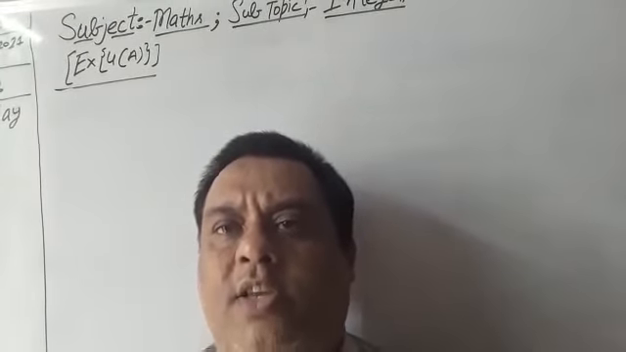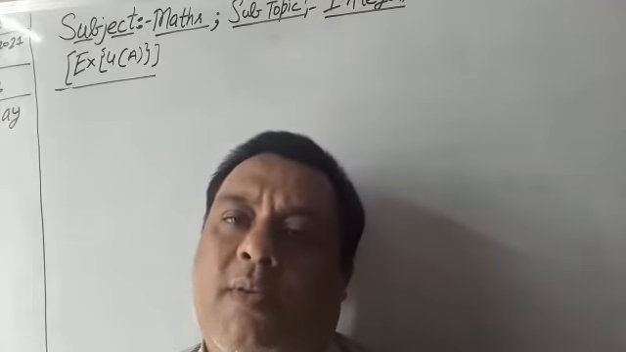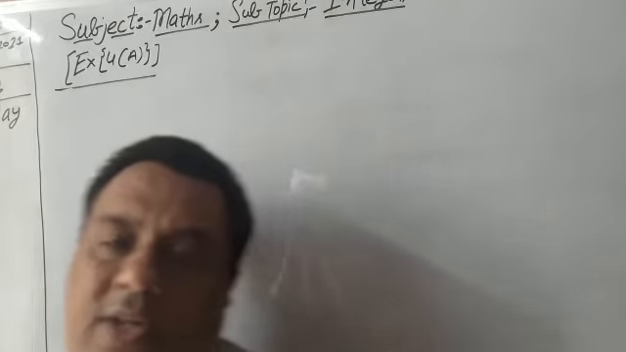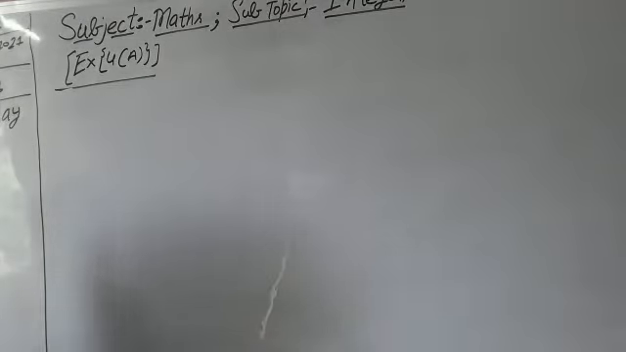Today we discuss exercise 4a, chapter number 4. The name of the chapter is Integers. First of all, we discuss what absolute value is. Absolute value,